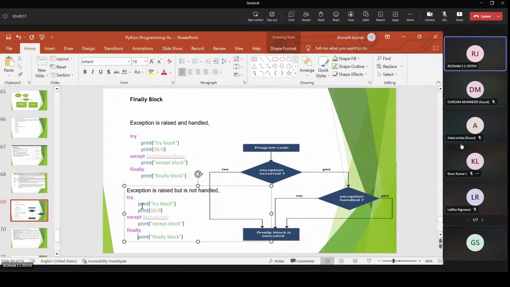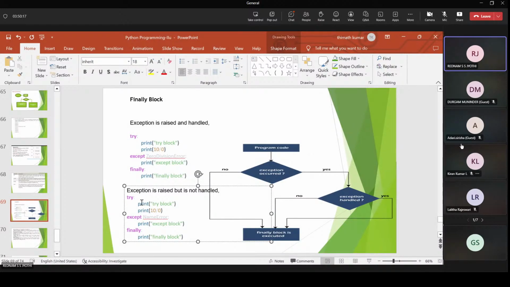So here print try block, print 10 by 0. Which type of exception is it? Divided by 0. But divide by zero is not present in the except block. Here the except block handles only NameError. Divide by zero is not handled by the except.